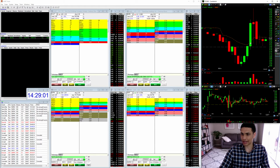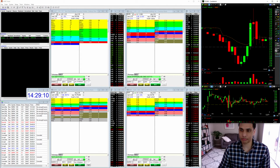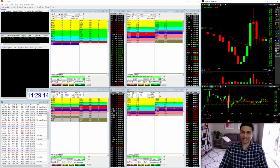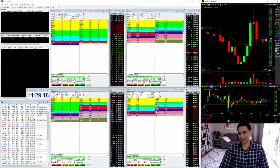right? The stock squeezed up, popped up on the momentum scanner. I saw it and I jumped in. Sometimes that works, but not in the kind of market that we're in right now. We're seeing a market where you can't just jump into stocks. There's not enough momentum for, I think traders are becoming a little bit more wary of doing that,